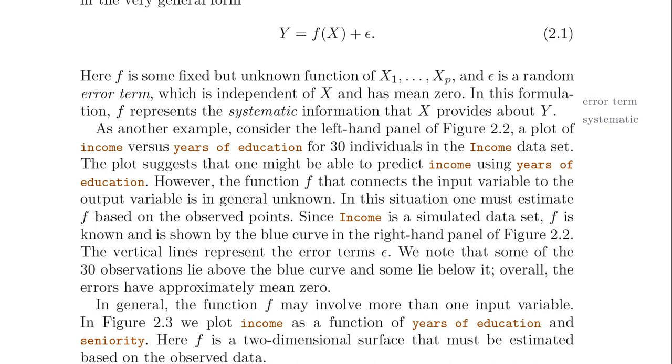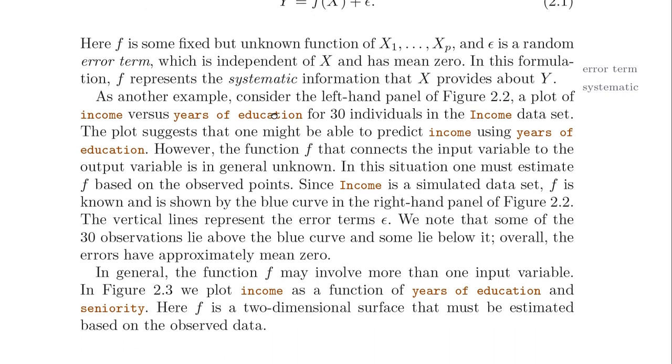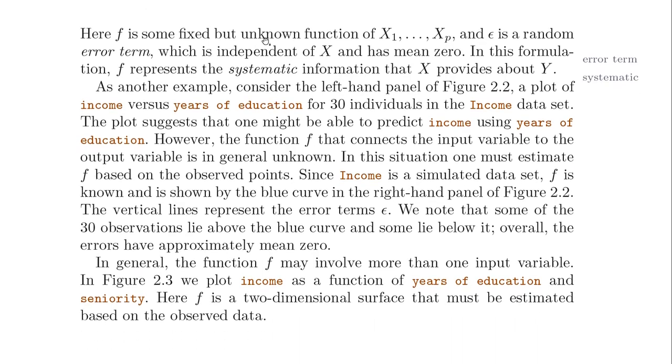You need all stakeholders to have a good idea of the risk versus reward calculation. Here, f is some fixed but unknown function of the input variables, and epsilon is a random error term which is independent of x and has an average. So when we say mean,